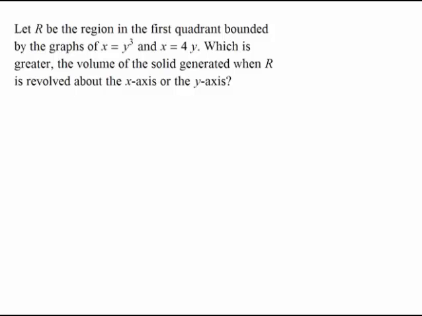Let R be the region in the first quadrant bounded by the graphs of x equals y cubed and x equals 4y. Which is greater, the volume of the solid generated when R is revolved around the x-axis or the y-axis? So first let's draw a picture,